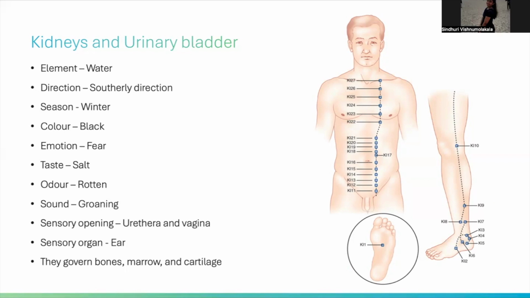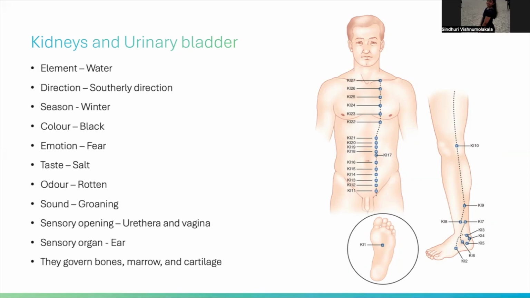Their direction is north, winter season, they relate with the color black. Emotion is fear. They have a salty taste, rotten odor, groaning sound, and they open into the urethra and vagina. These also relate to the reproductive organs in the human body, and their sensory organ is the ear, and they govern